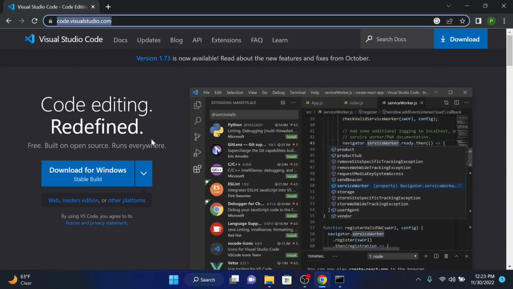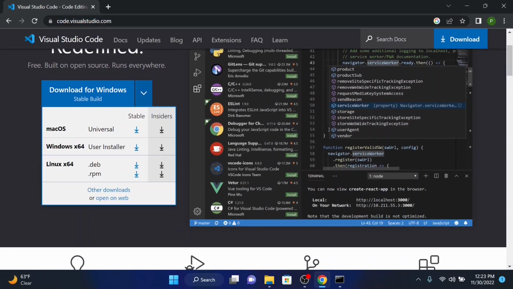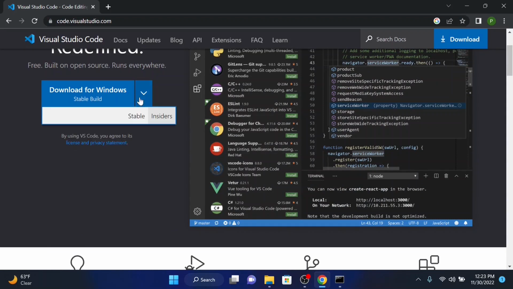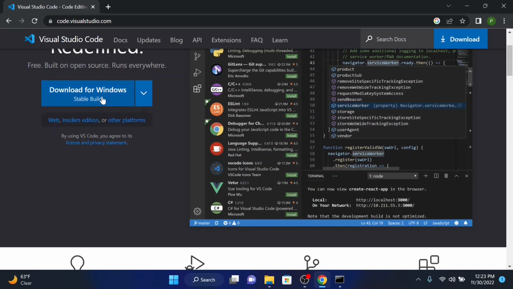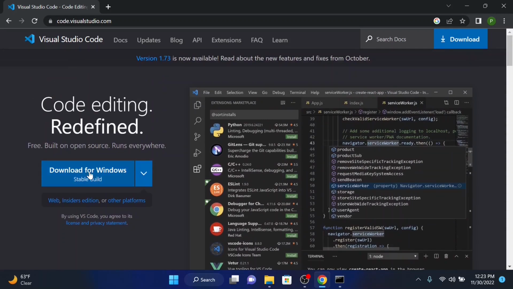Once I'm on the website, you can select which operating system you're working with. In this case, you're going to be working with a Windows machine. If you're on a MacBook, then you just have to click the Mac option. The Visual Studio Code website is also smart and is able to pick up your operating system by default. So if you're on Mac, this will be for Mac. If you're on Windows, it'll be for Windows. If you're on Linux, it'll be for Linux. But on Linux, I will show you how to install this, so don't download it if you're on Linux. Okay, so once I have this, I'm just going to click install.